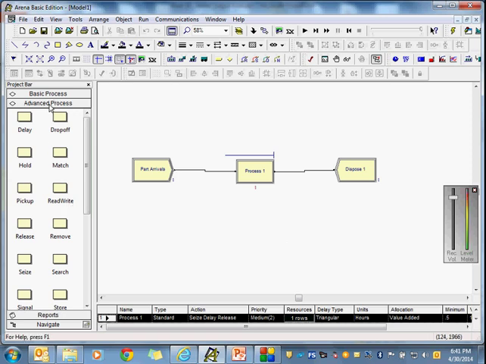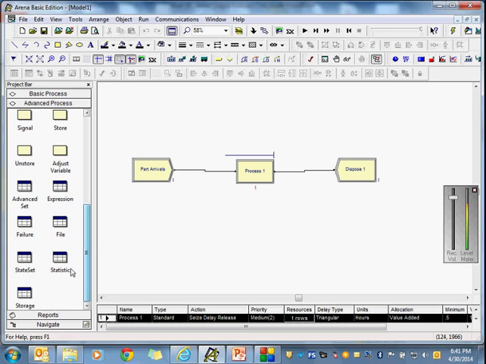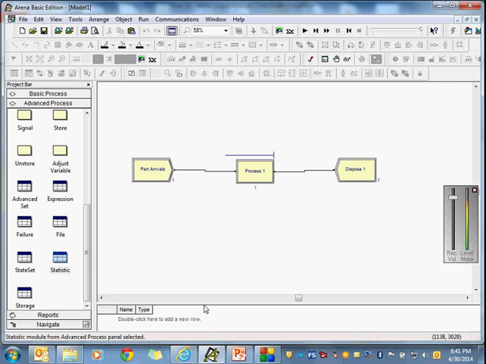Now, once you're in the advanced process menu, if you scroll down, you'll see you get a statistic spreadsheet. This is the spreadsheet from where we want to define the data items that we're going to look at in the output analyzer. So what I'm saying there is if I go into the statistics spreadsheet,